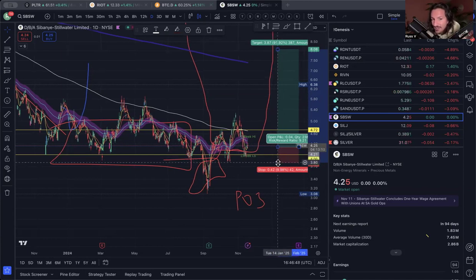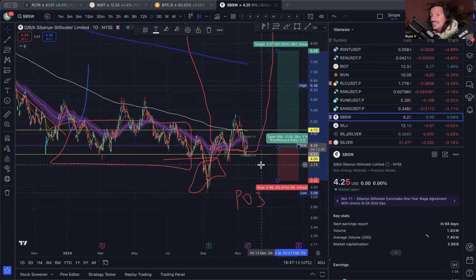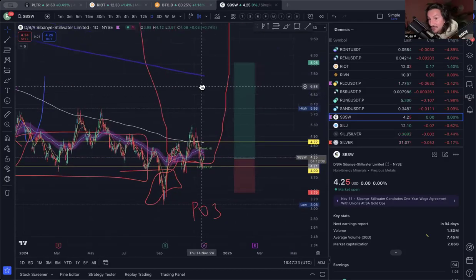Or you can actually extend your stop loss a little bit higher here, and you would say, yeah, maybe we're going to come and take this gap in the worst case scenario, if we go for option number one, and gold is really going to go down to 2,500. You can also do that, and in this case, your risk to reward ratio still stays around 4.5 or 5 to 1, and then it's actually going to be improved because instead of closing it here, you can add up a little bit at the $4 level. So in my opinion, this is also an amazing trade that you can play,